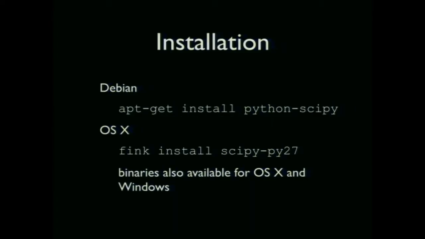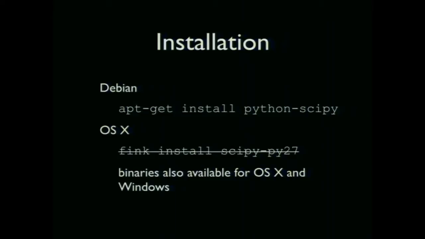So I'll talk for a few slides about how to install it. On Debian, it's pretty simple. You can just say apt-get install python-scipy. SciPy depends on NumPy, so if you just do that, you get pretty much everything that you need. On OS X, the first thing I tried, because I use Fink as my normal package manager, was just to say fink install scipy-py27. I don't recommend doing that, though,